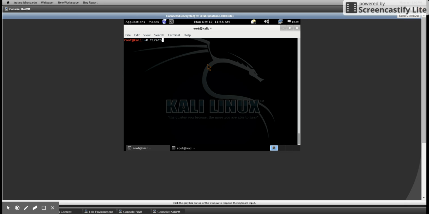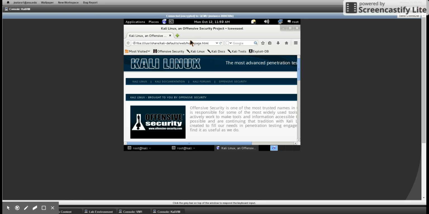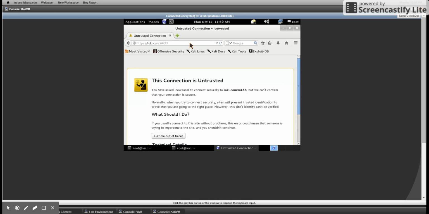So let's see what happens if I try and access. See, it's an untrusted connection. That's what's gonna happen. So I need to import the key from VM1,